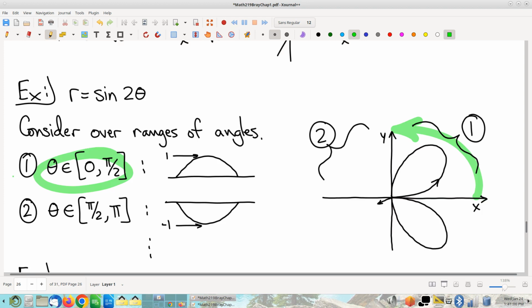Now, very importantly, a lot of students will look at this and think, okay, well, the angle is going between 0 and pi over 2. You got to keep in mind there are two angles in this story. There's the angle theta, which determines where you are in the picture, but then there's the angle that goes into the sine function. That's 2 theta, not theta, right? So while theta is only going from 0 to pi over 2, the thing that goes into the sine function is going from 0 to pi, which means you're going to get half of a period of a sine wave,